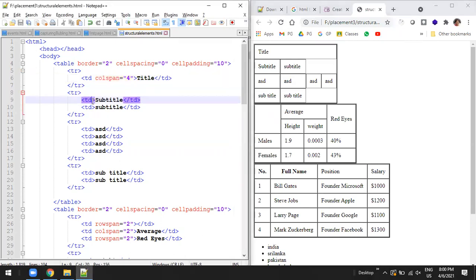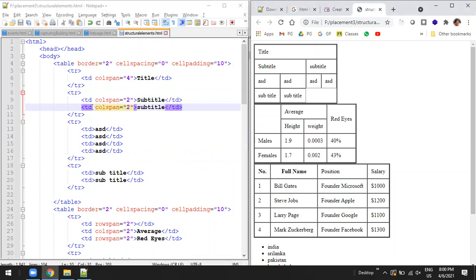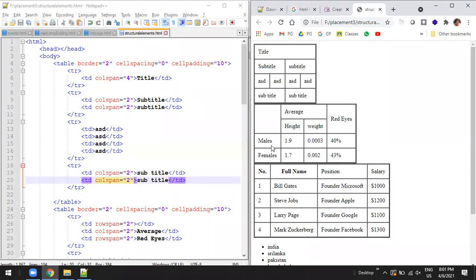And this subtitle should occupy colspan equal to 2. Both. And this TR each occupies only this much space. Here also colspan 2. That's it.